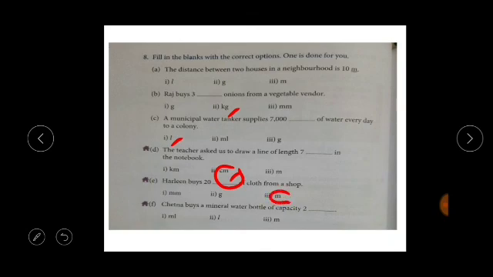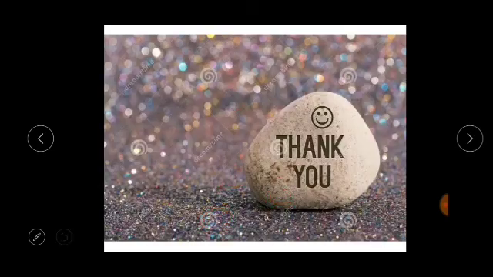Chetna buys a mineral water bottle of capacity 2. Yes, mineral water capacity, it's a bigger capacity, not milliliter, not meter, it's only liter, 2 liter. Okay children, thank you. Write all this in your